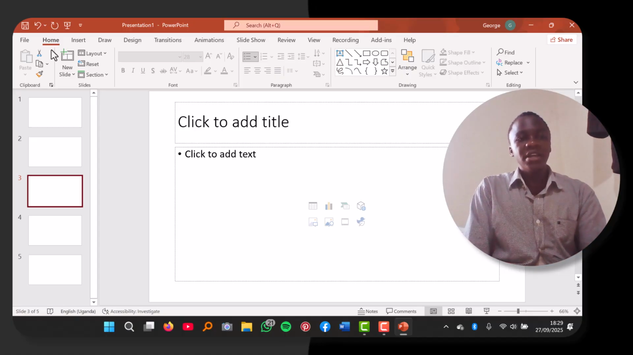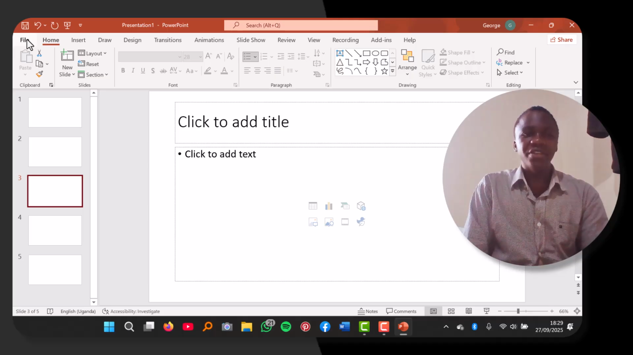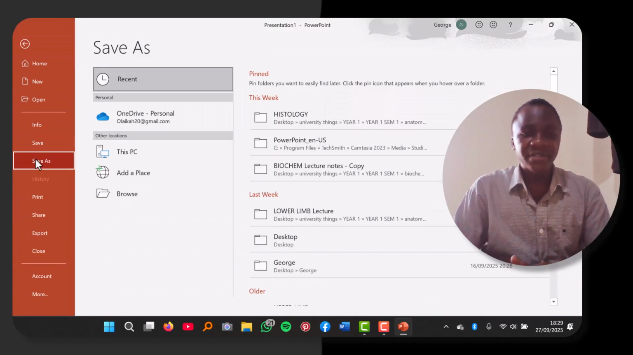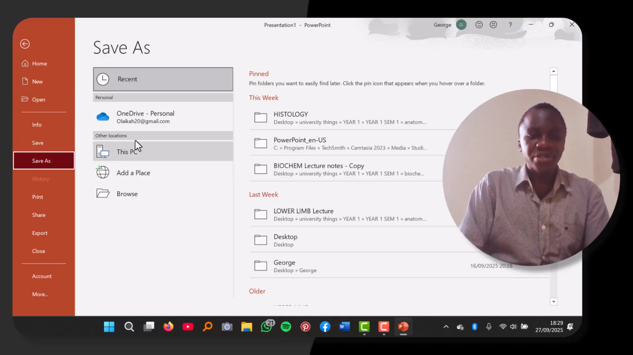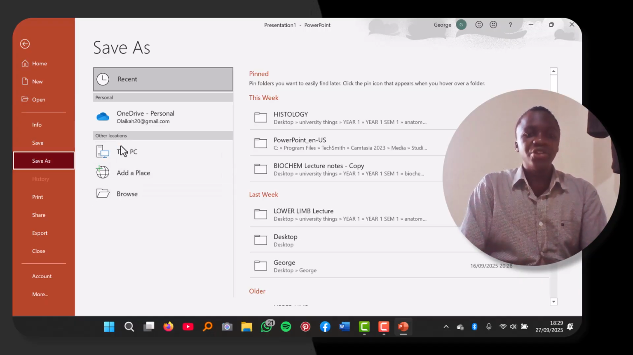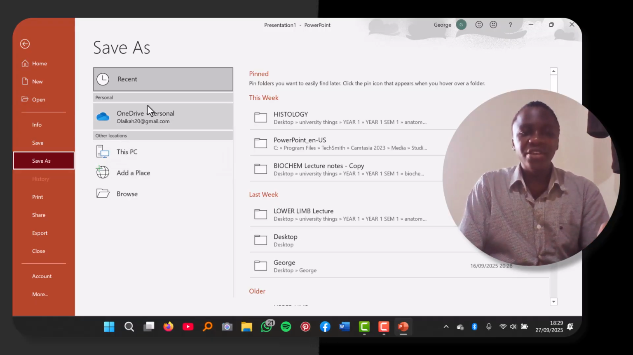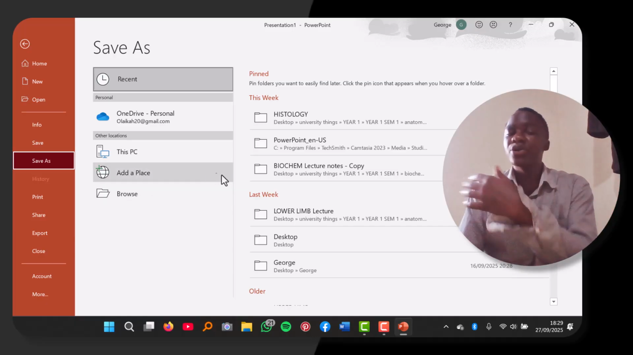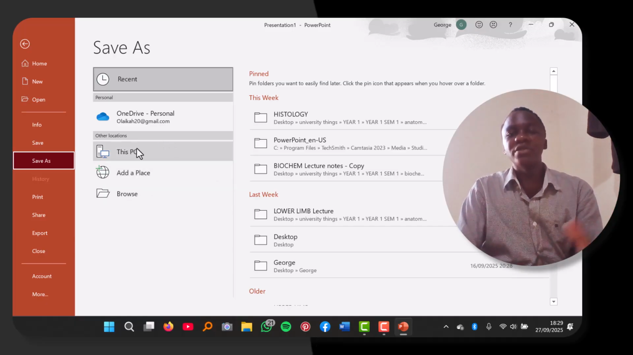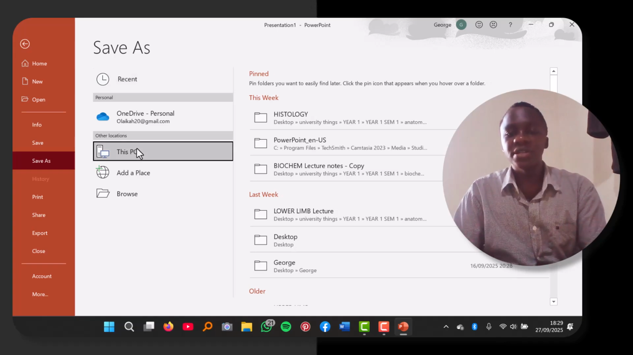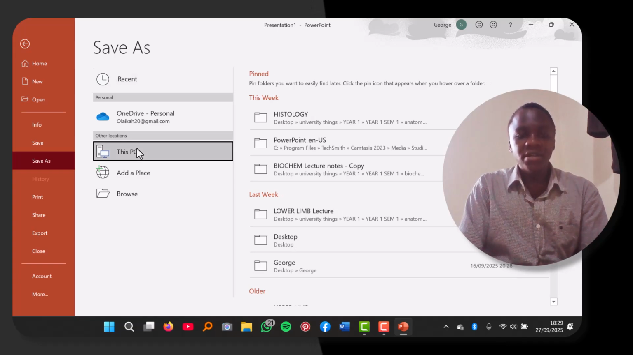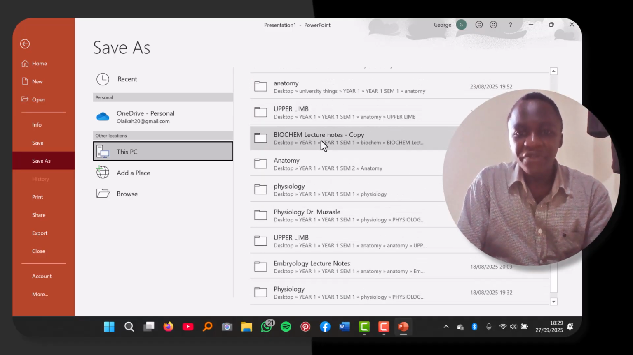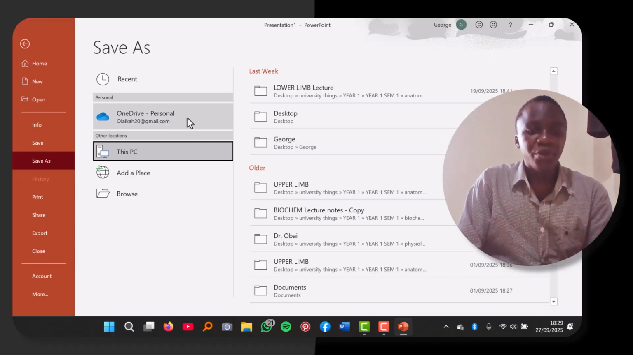So usually when you want to just save and you've just opened first time, come to File, go to Save As. The moment you go to Save As, they'll bring you options here. Do you want to save on the PC, on the OneDrive, another place, or you want to browse where you want to save? So usually if you're saving on your computer, you come to This PC. When you go to This PC, it will bring for you the different folders that are there, different things you have saved. So if you go to Browse,